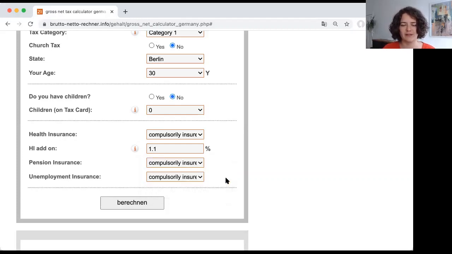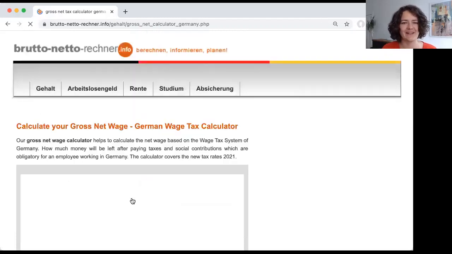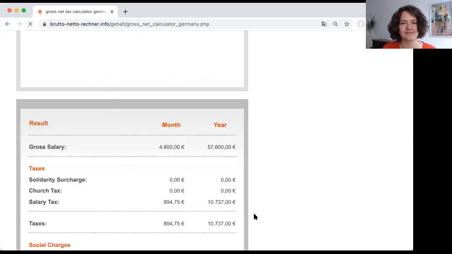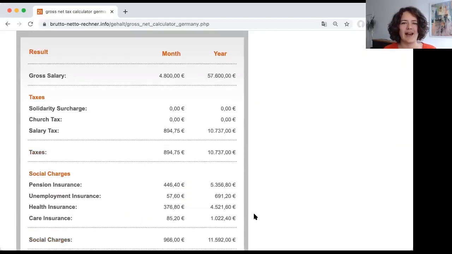You can just leave it the way it is with a preset compulsory insurance or mandatory insurance, and then just hit the calculate button. I don't know why they didn't translate it here. It's called berechnen, which means calculate in Germany. So let's calculate it now, and let's see what the calculator says. So you can see now here it calculates monthly and yearly annual salary, which is also making it easier for you. And you will see now that